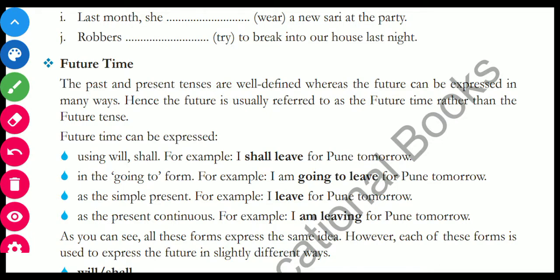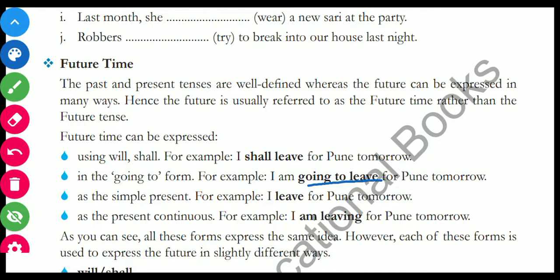So now the future tense can be expressed in actually many ways. You can say that using will or shall in the sentence is future tense. जब भी हमारे sentence में will या shall आता है, you can understand that that sentence is in future. That action is going to be performed in future. ना ही उसको perform करा जा चुका है, ना कि कर रहे हैं, but it is going to be performed in the future. Or you can use going to. Over here you can see I am going to leave for Pune tomorrow. So going to, मैं कल पुणे के लिए जाने वाला हूँ. So I am going to leave.